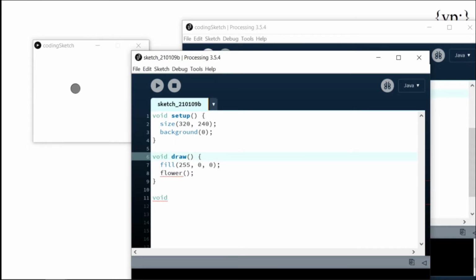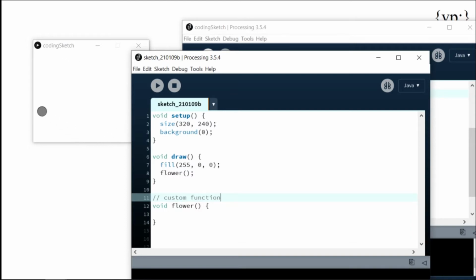What this means is that it's telling Processing, hey, run this, but don't return anything. Don't return an int, don't return a boolean, don't return a string, just return nothing. Just do this. I don't want you to return anything, just do it. So in this case, I just want it to draw a flower. I don't want it to return anything else. So void flower. So now this is our custom